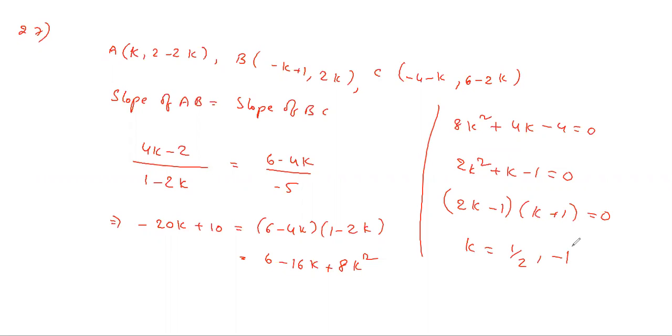Sir, on the LHS you can cancel, right? You can, by taking 2 common and minus 2 common. If you take minus 2 common, 1 minus 2k will get cancelled. Cancellation of 1 minus 2k is wrong because these are the solutions we are finding. If you cancel, the solution k equals 1 by 2 will be lost. So cancellation is wrong, you have to take common. Okay, sir. While finding the solutions, always write that condition also. Don't cancel the factors.